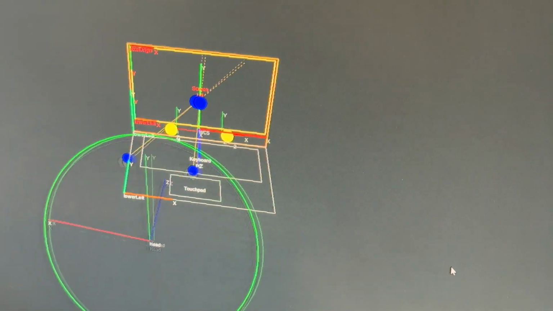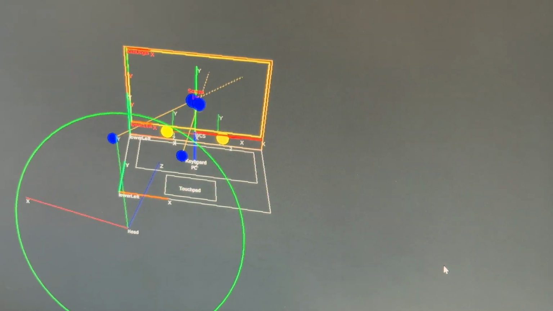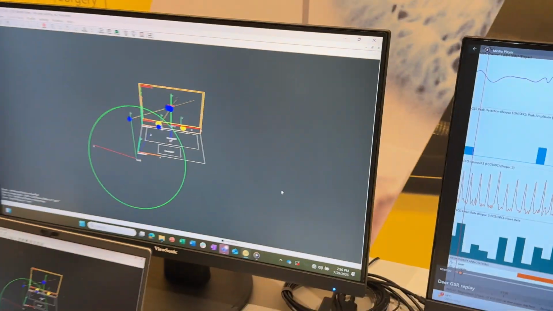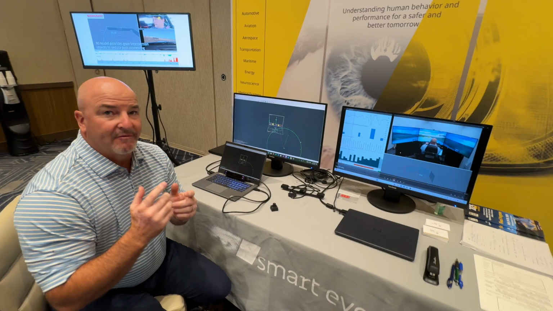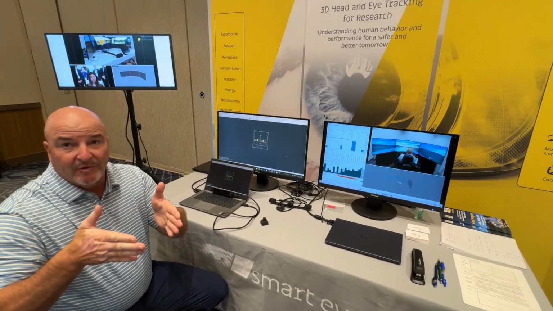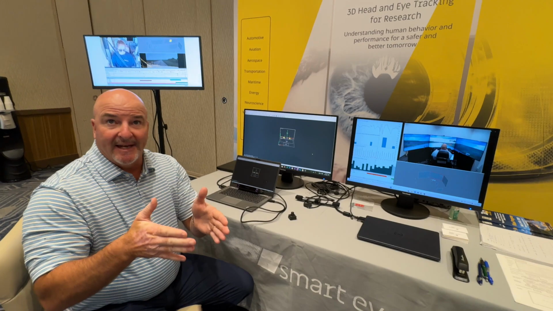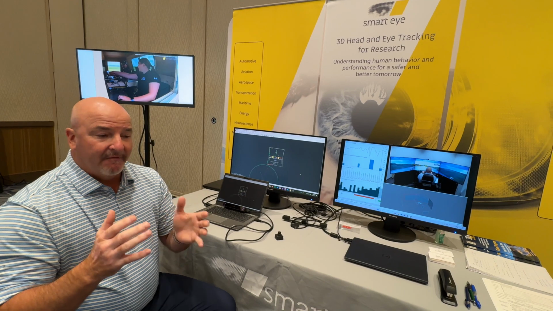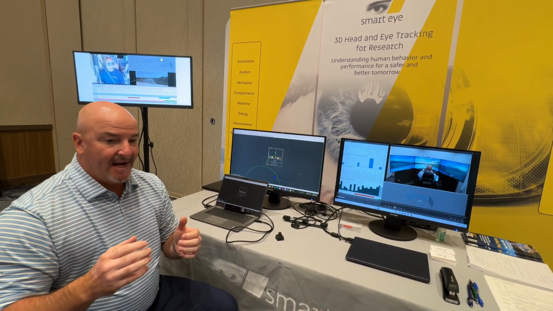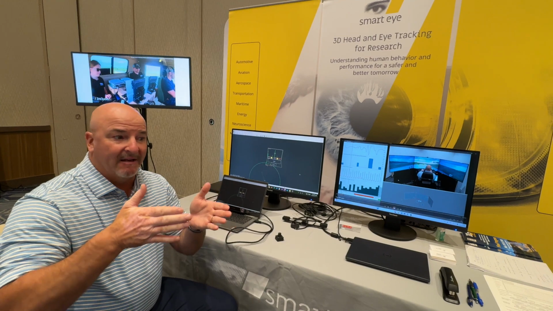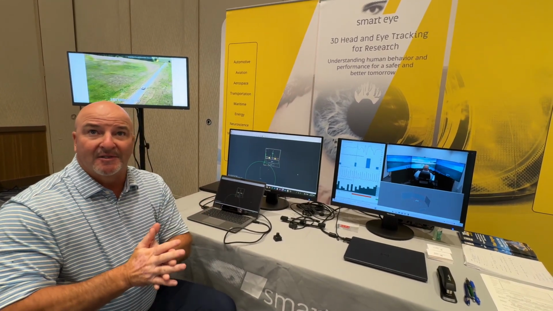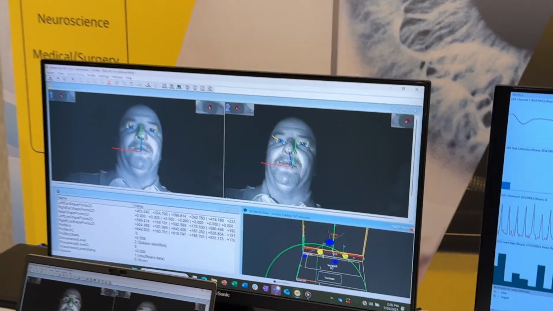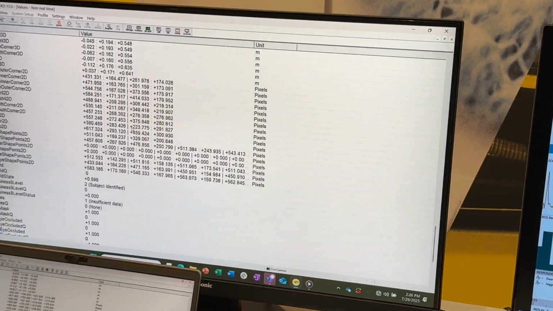So the big advantage of using a 3D model as we do here is if you've done eye tracking in the past, eye trackers will often tell you where your eyes are located and they'll give you a gaze vector, but they don't tell you what your gaze is intersecting. So it's really a post-processing nightmare. Every time the head moves or the eyes move, the researcher has to go back and determine where that gaze is now intersecting. With the usage of the 3D model, in our data, we actually capture precisely